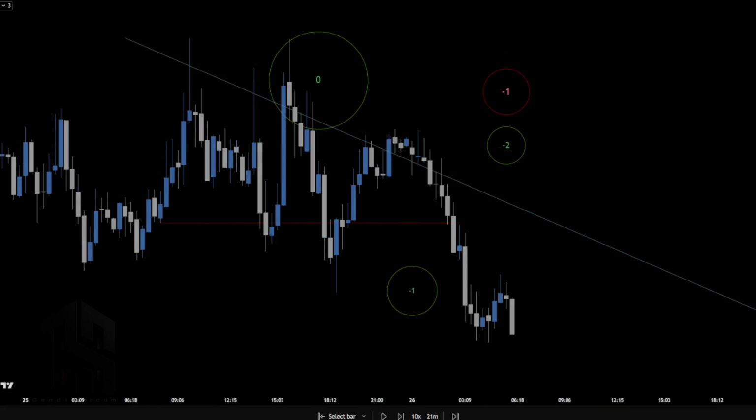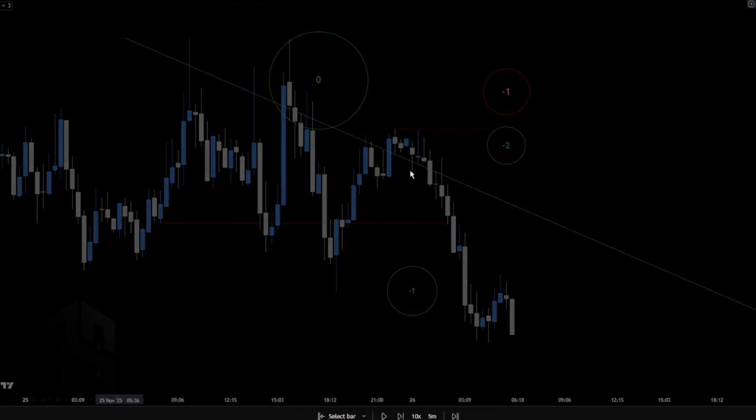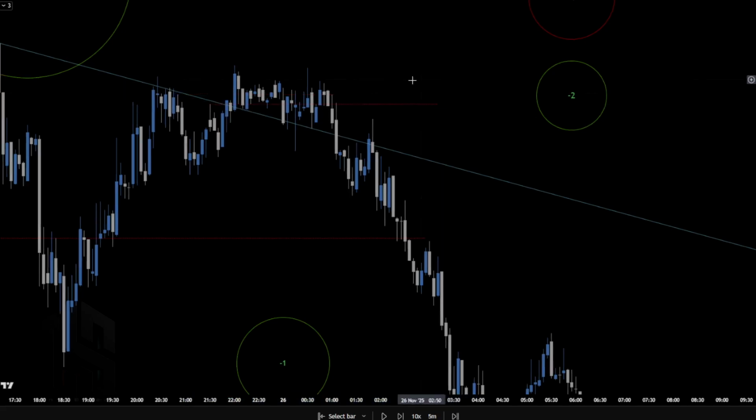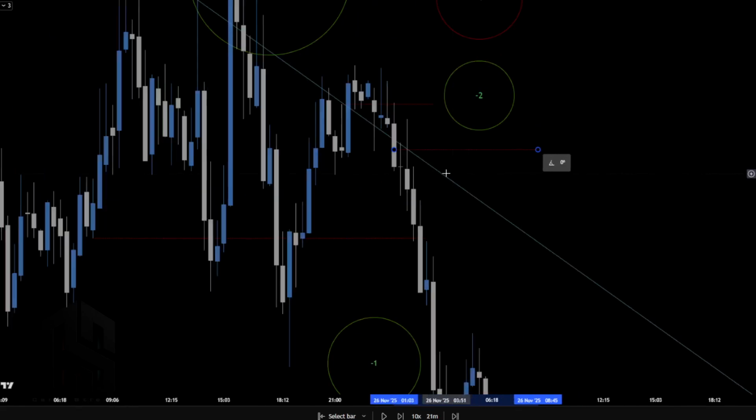So we're going to look for the -2 time frame, which is here, but we can zoom in into -3 to see where it started exactly. So we have this, which is actually this, and we have a new one. Let's see, this